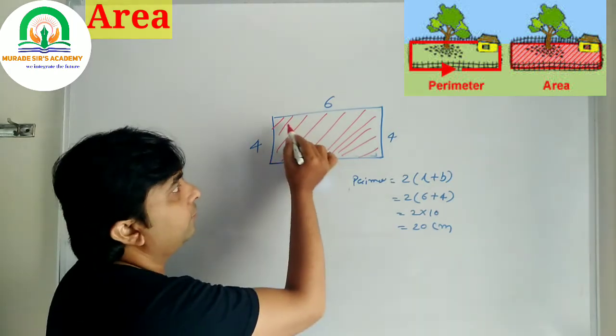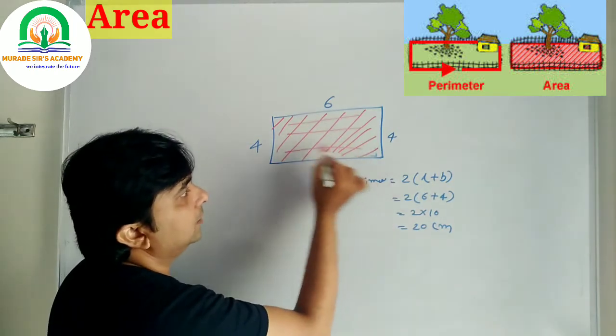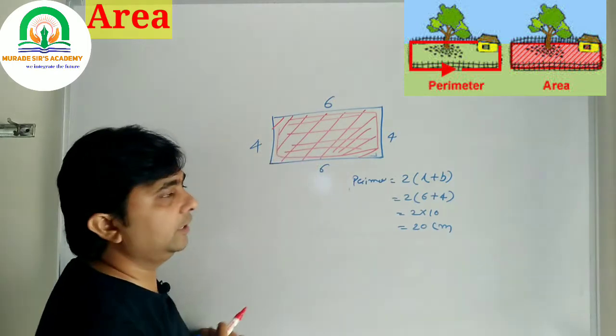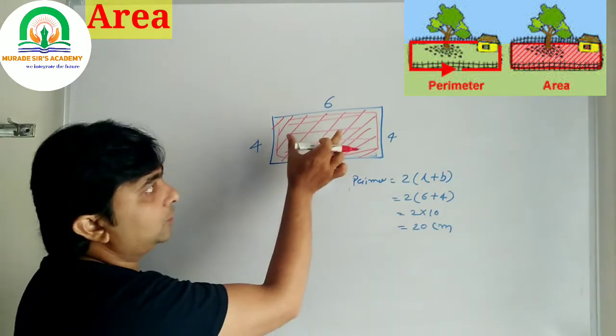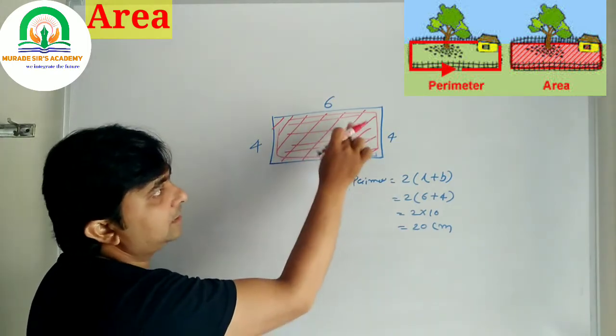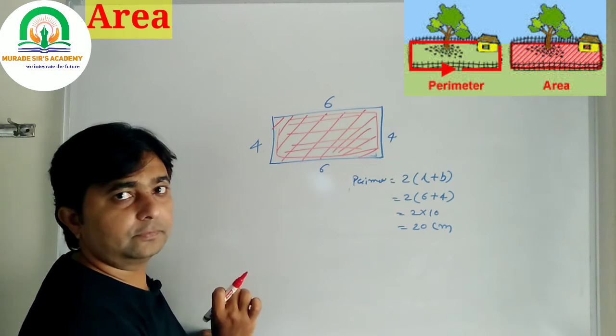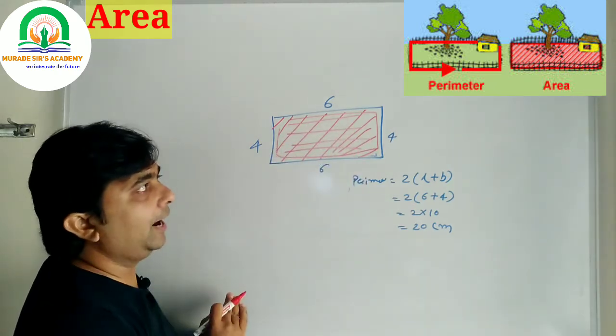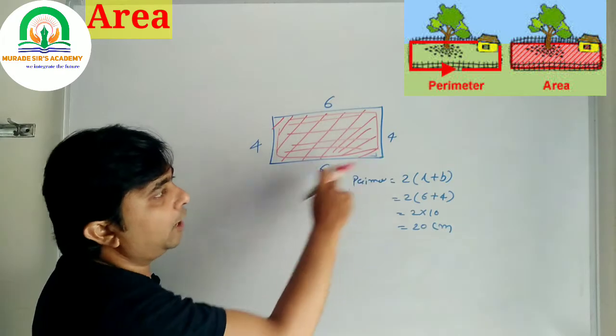If you look at the red marks, this is the area of these closed figures. This space is actually occupied. The red area is occupied by this rectangular